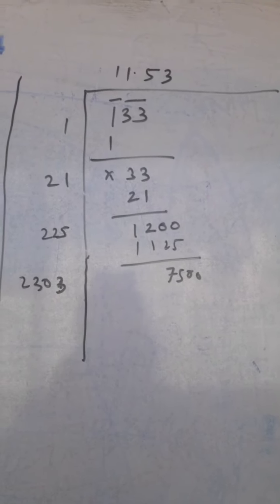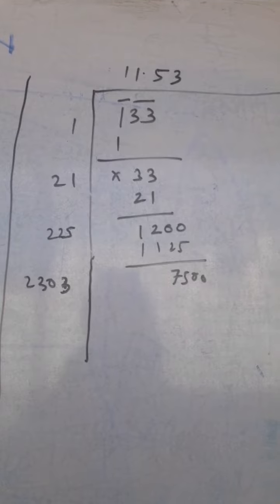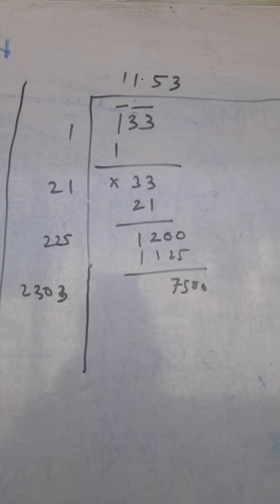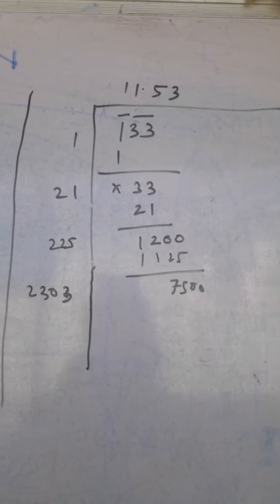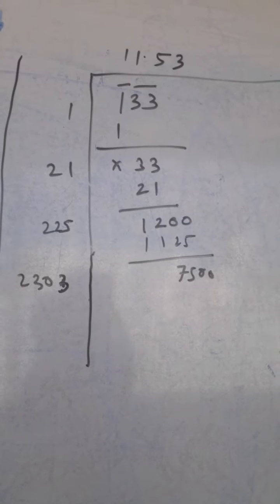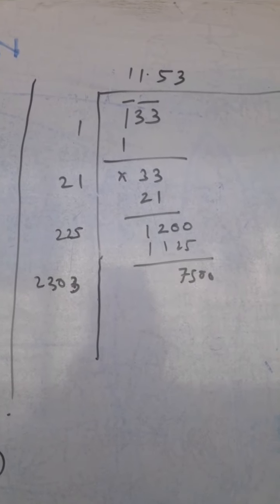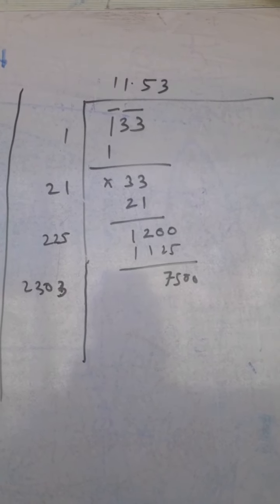Now we need a number which, when multiplied, gives 12. So 12 is not possible. I have put a decimal and taken pairs of two zeros, and likewise it is done. You have done this in class 8 also. So the value is coming 11.53. So our standard deviation for this question is 11.53.